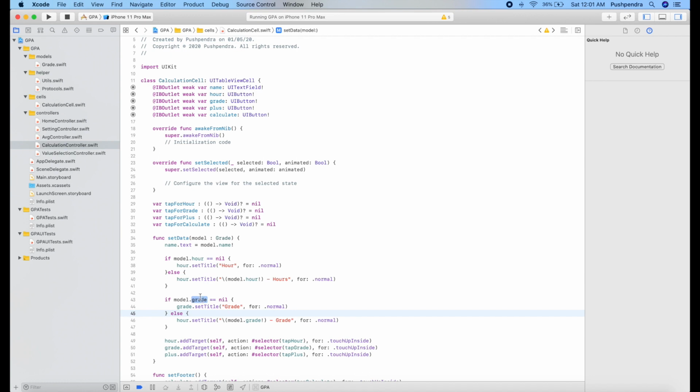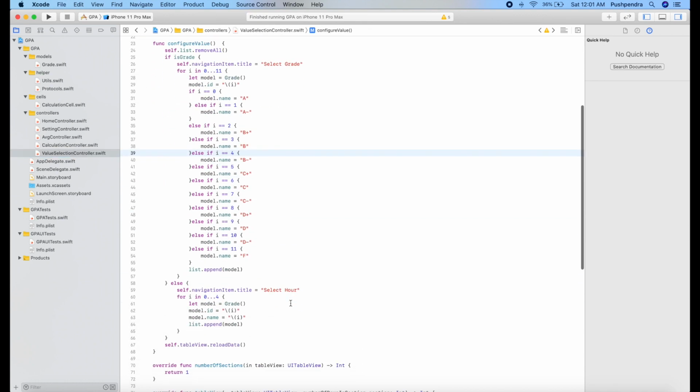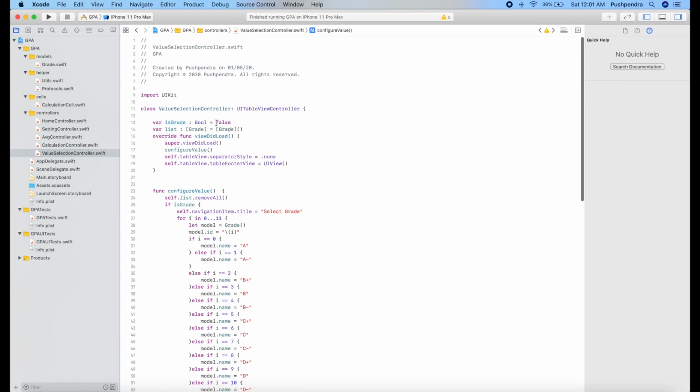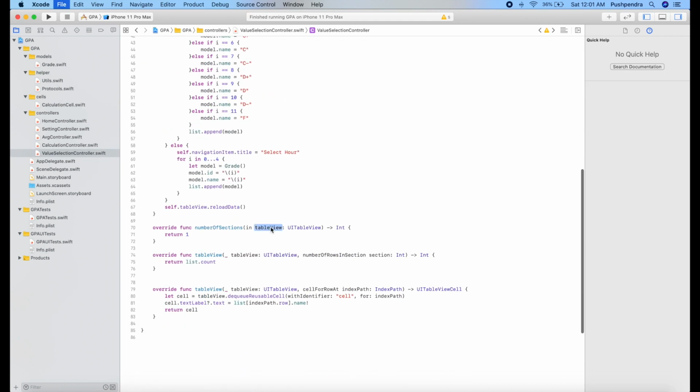So you are done with it. Now our next step is stop your running application, and here we will check all is good. False calculation. Table view also is good.